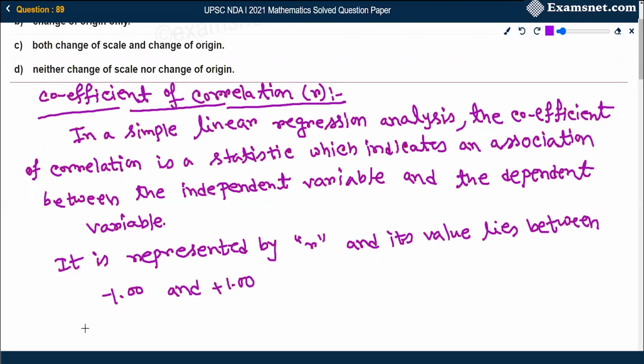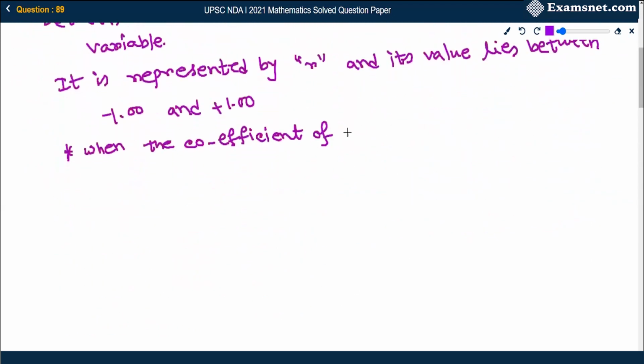Okay, now when the coefficient of correlation is positive,